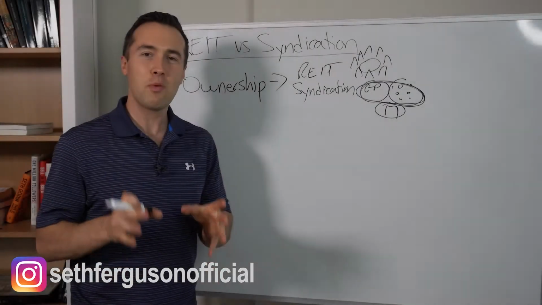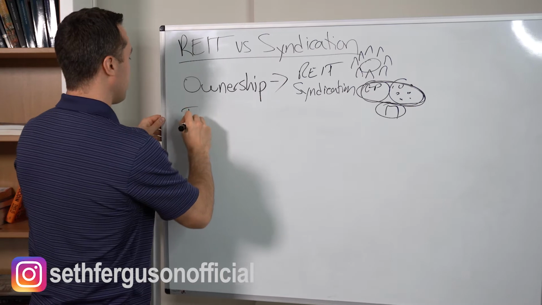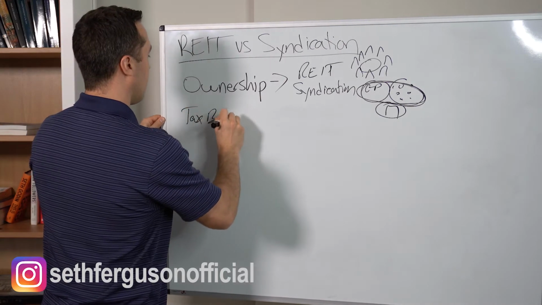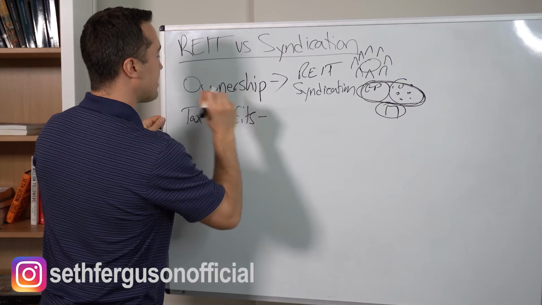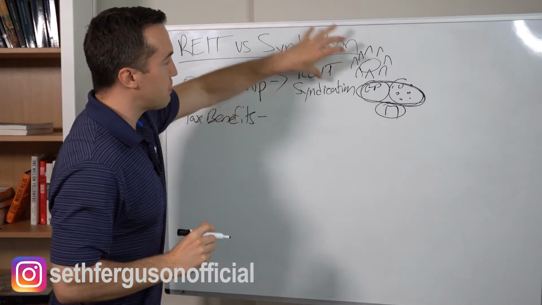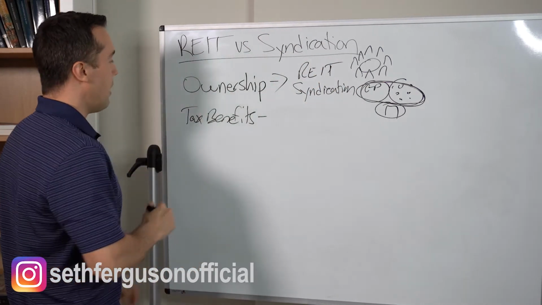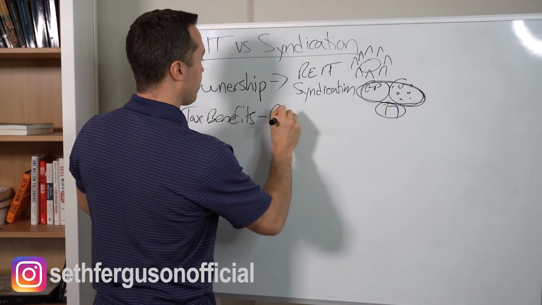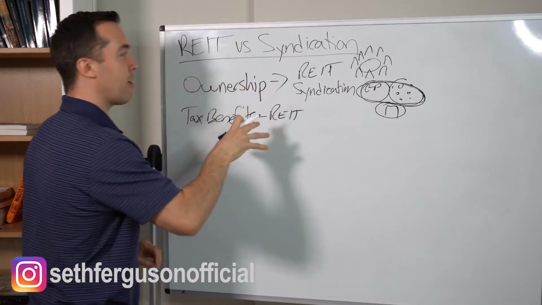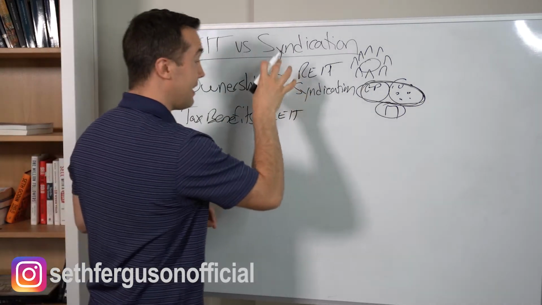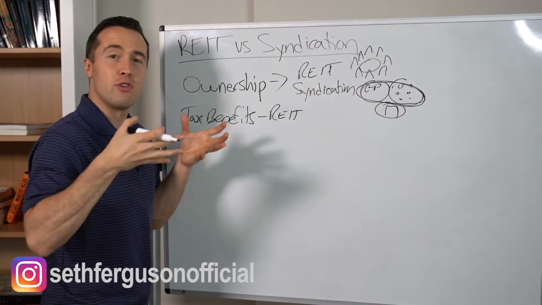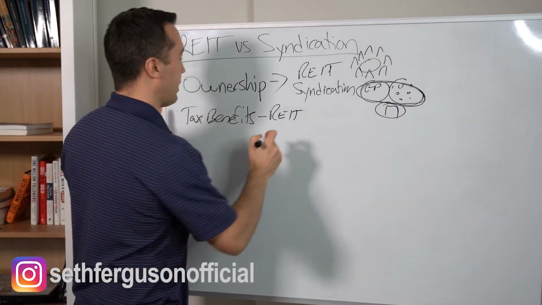The second thing I want to talk about are the tax benefits. And this is why I covered this second, because the ownership structure is really important with how it relates to our tax position. So with the REIT here, remember we're buying shares of a company, and in a syndication, we have a direct ownership of the property.